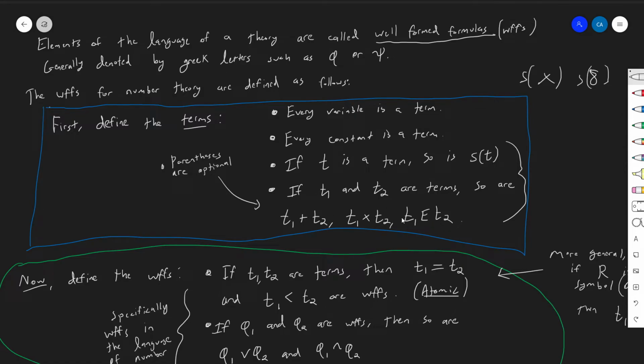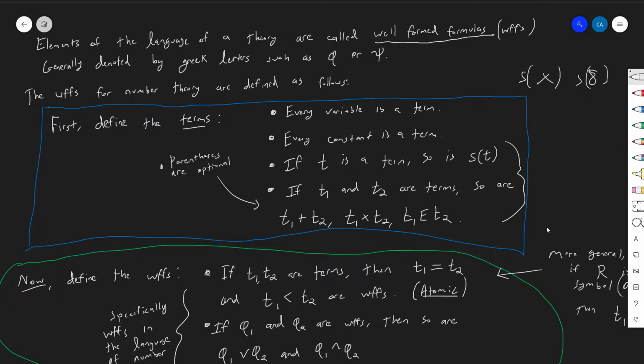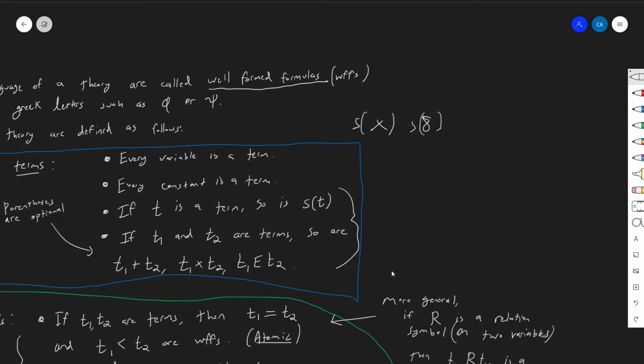These guys all take 2, and so I can arrange them in the appropriate way. If I had function symbols, it's entirely possible that I have function symbols involving 3 things, right? I could have maybe a to the b to the c or something, right? Maybe I want this to be a function, and so then, if this is a function symbol that